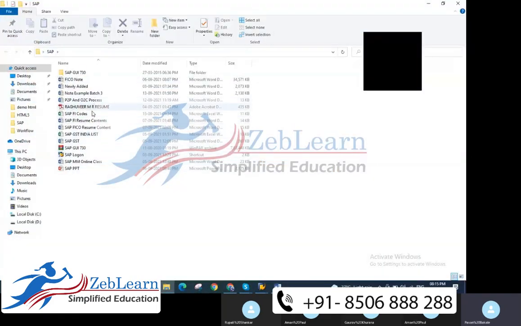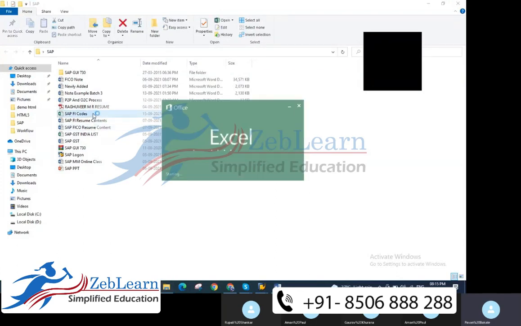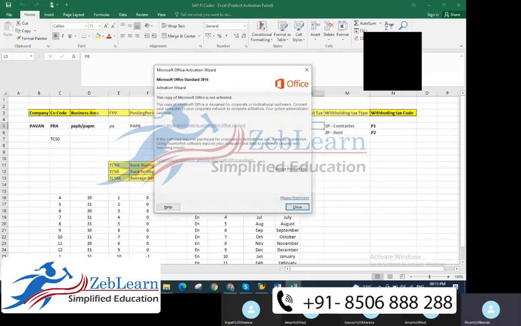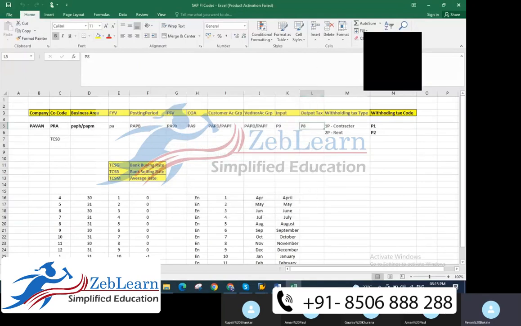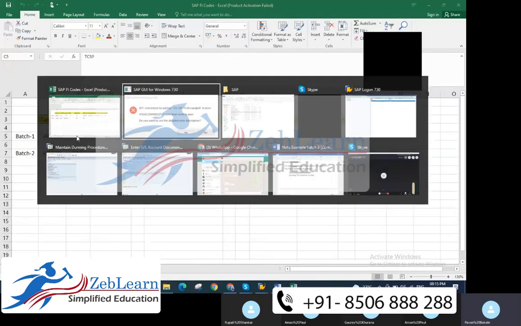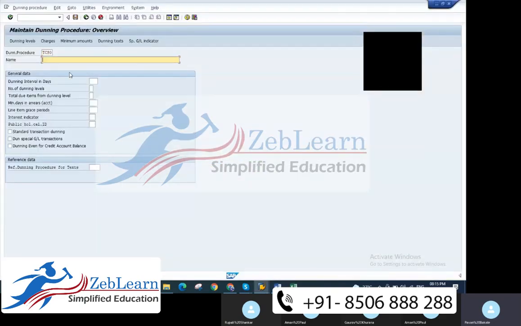Here we have our FI codes. Yes, it has TCS0. So we'll prepare it for the TCS0 company code. Here, Dunning procedure, company code TCS0.